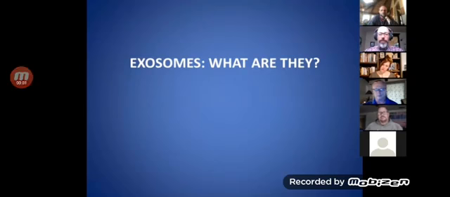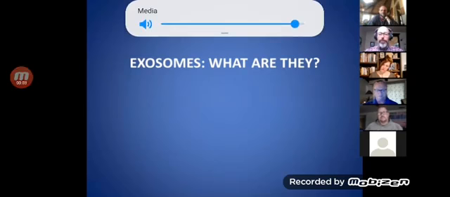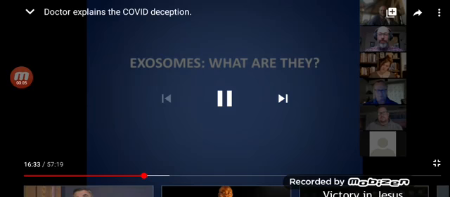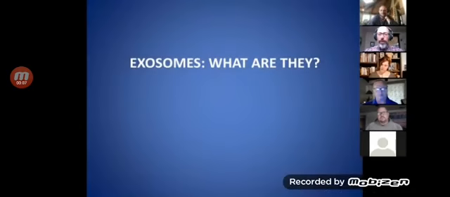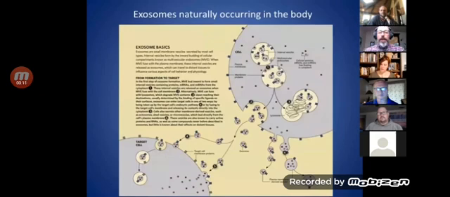About something different, something that most of you have never heard of whatsoever, and it's called exosomes. And I'm going to talk about what they are and why they're relevant for this discussion. So exosomes are something that is naturally occurring in the body. So I have this diagram here, and if you look at the top right of the diagram, you'll see that